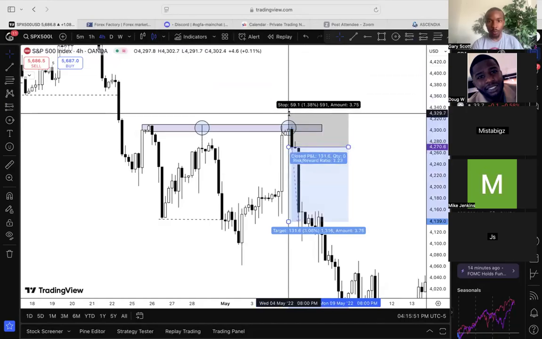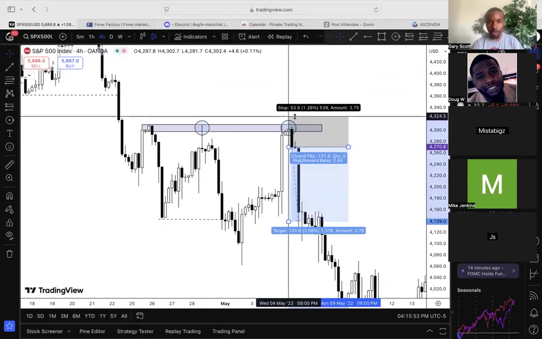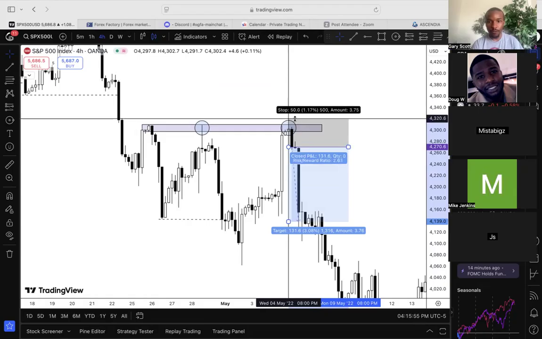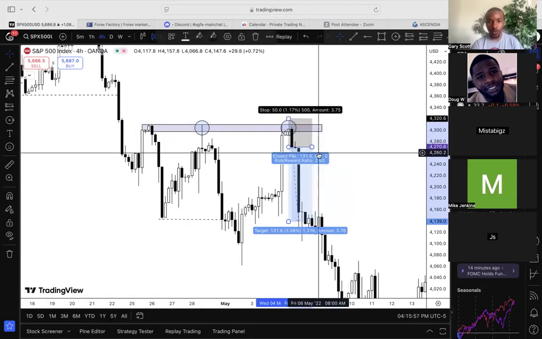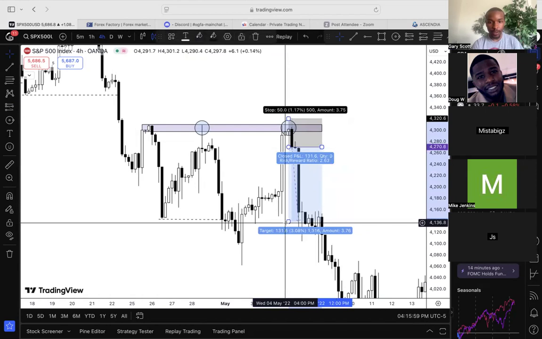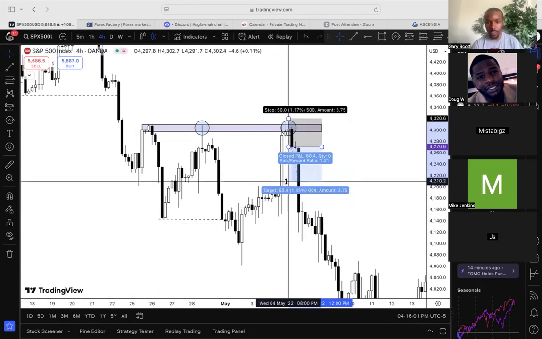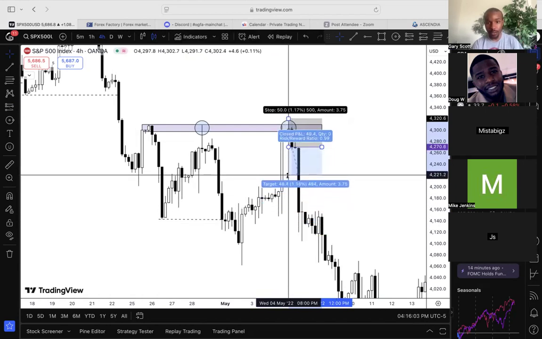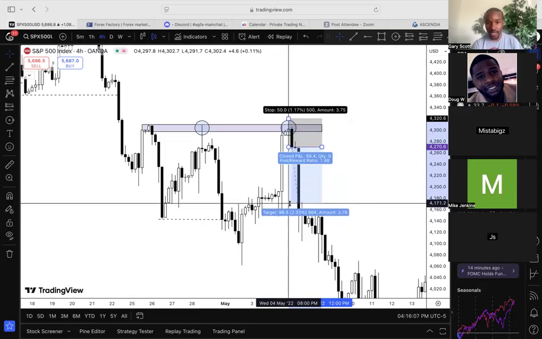SLs will actually go above this particular order block. A 50 pip SL for what? At least a 50 pip gain. That's at least a 1-to-1. Now, if you want to go for a 1-to-2, of course, what is that? 100 pips. But if you want to go for a 1-to-3,